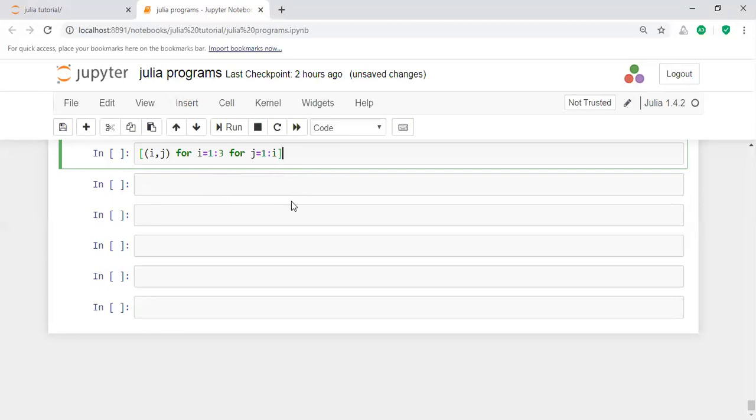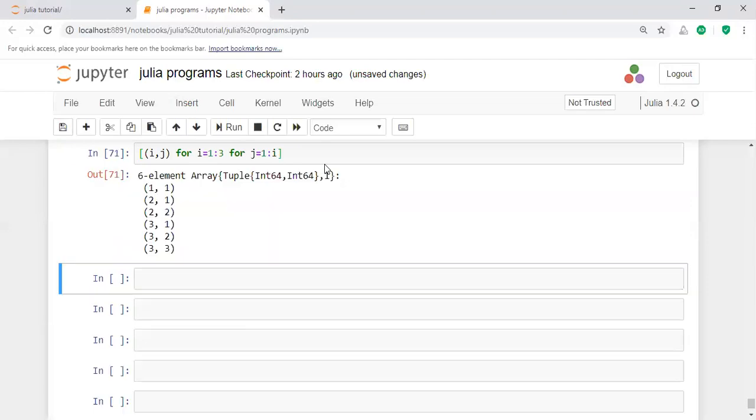In this way the values of the result are 1 comma 1, 1 comma 2, and at the time of i equal to 3, 1 comma 3. That means for representing an array within an array, you will use a for loop statement also. Here is another for loop example: how can you represent a 2 by 2 matrix using the for loop?